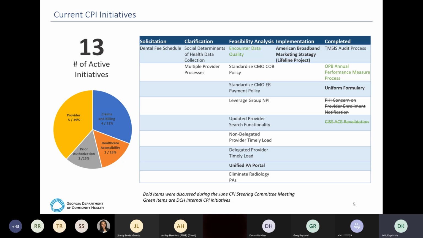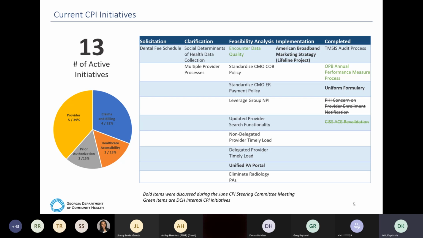We have weekly meetings with CNSI, our provider work group team, with representation from that vendor, where we talk through a lot of the pain points. We talk through data mapping issues. And so as we come to solutions that DCH approves, then that information will be communicated out to you, and these items will be moved into implementation.